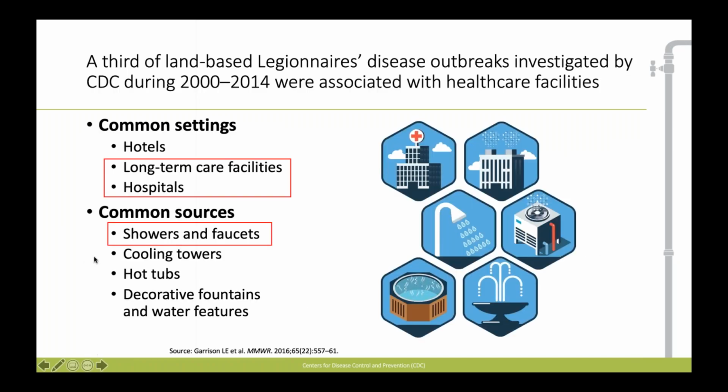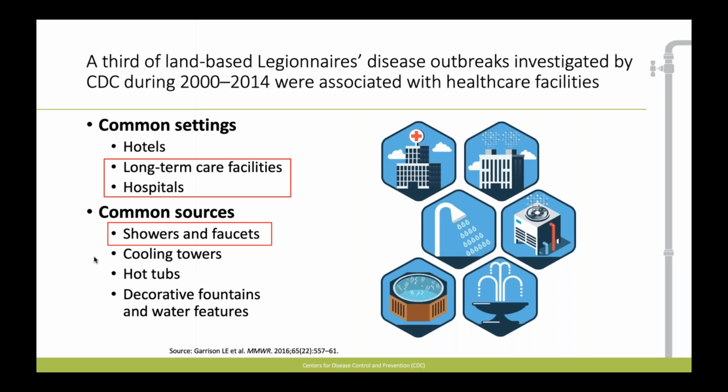So why do we talk about Legionnaire's disease in conjunction with healthcare facilities? Between 2000 and 2014, CDC investigated a number of different outbreaks of Legionnaire's disease across different locations with different factors and different numbers of cases and commonalities. And we analyzed that for a publication. You'll see the citation down at the bottom of the slide, published in 2016, looking at commonalities between these different outbreaks. And what we found was about a quarter of all the outbreaks that CDC investigated were in either a long-term care facility or a hospital.